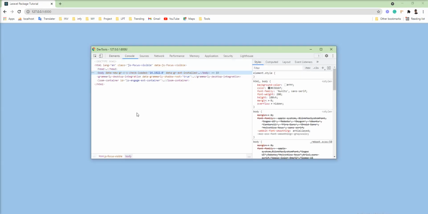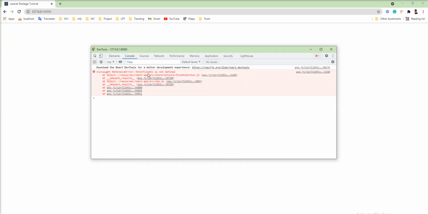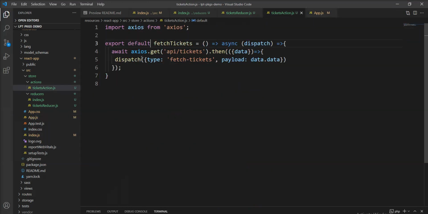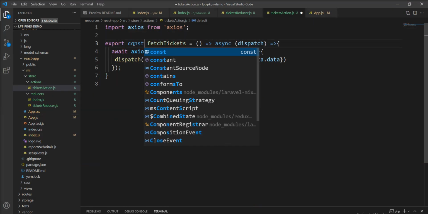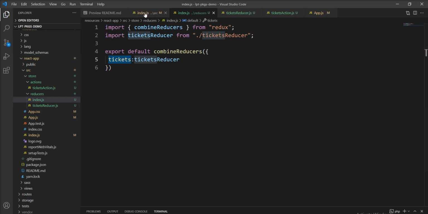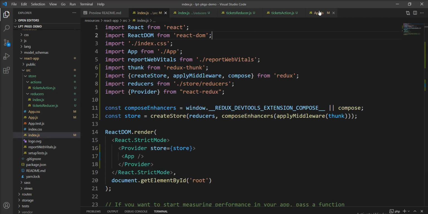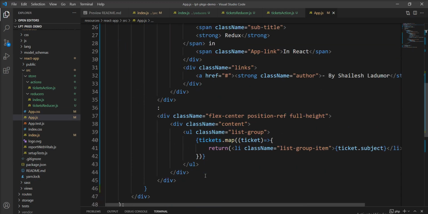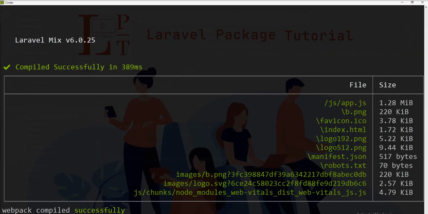and we got the error: fetchTickets is not defined. Let me open the actions. Yes, we need to specify const here instead of default. We are declaring a function, not a component, so in the action we need to specify export const instead of export default. Let me check in the app.js, we need to specify it inside the brackets, and let's refresh it again,